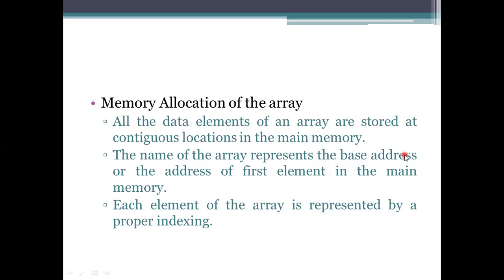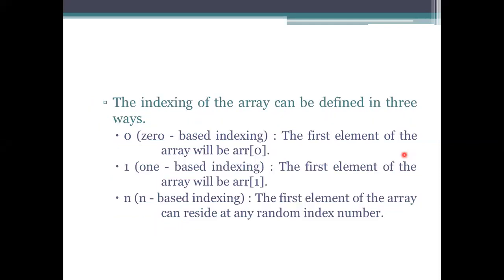First, we need to know the base address of the array, meaning from where the adding of elements has started. The address of the first element you have added will be used as the base address. After adding the first one, we add the elements to the next representation, and the next one will be continuous.